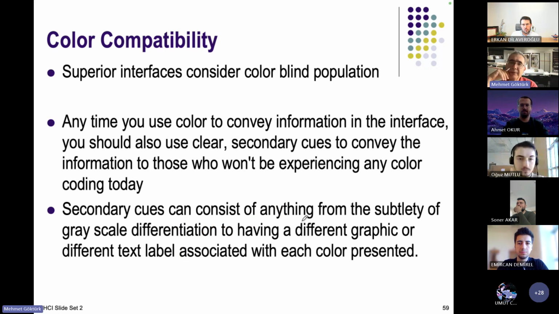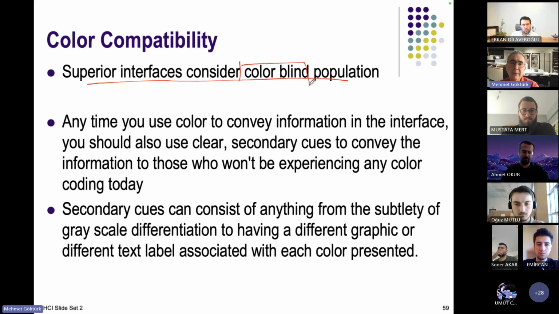Thinking about color, we have spent a lot of time in vision and cognition in the previous lectures. The first condition is superior interfaces consider colorblind population. 9% of the men and 1% of the women are colorblind. So when we are developing an interface, keep in mind that the person who is viewing the interface could be colorblind. Anytime we use color